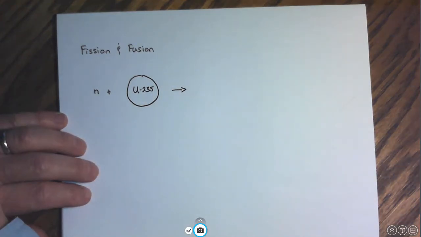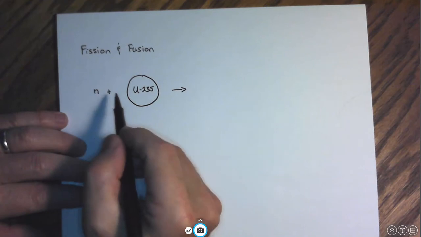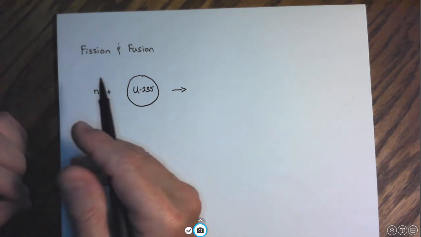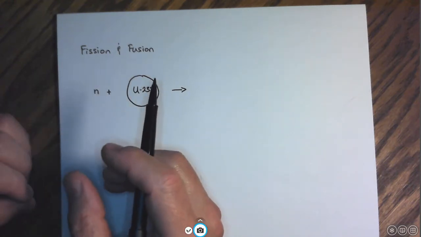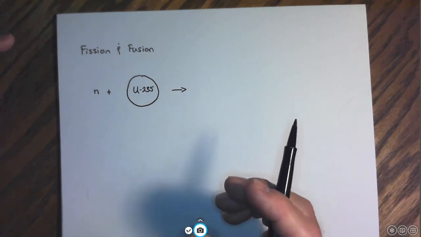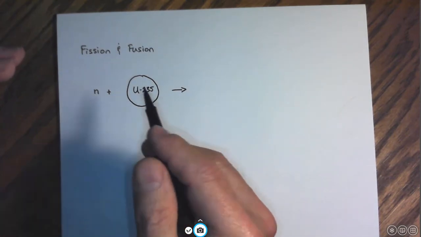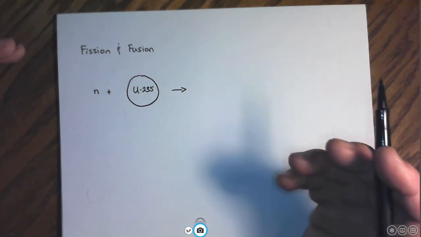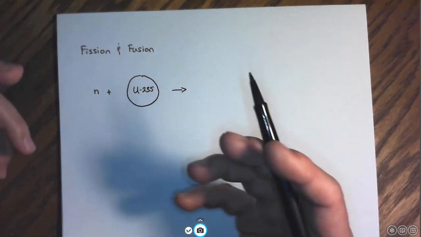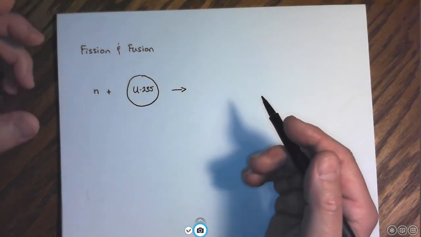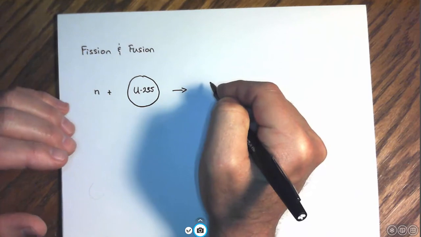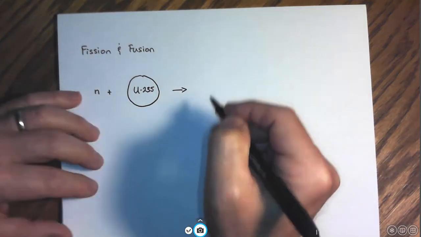Okay, please pay attention. Now, when you create uranium-236, that's very temporary. It doesn't last very long at all because it breaks up automatically. It's spontaneous. It splits into large chunks, and there are several different types of chunks it can split into. I'm going to give you one example. One of the sets of chunks you can get from this